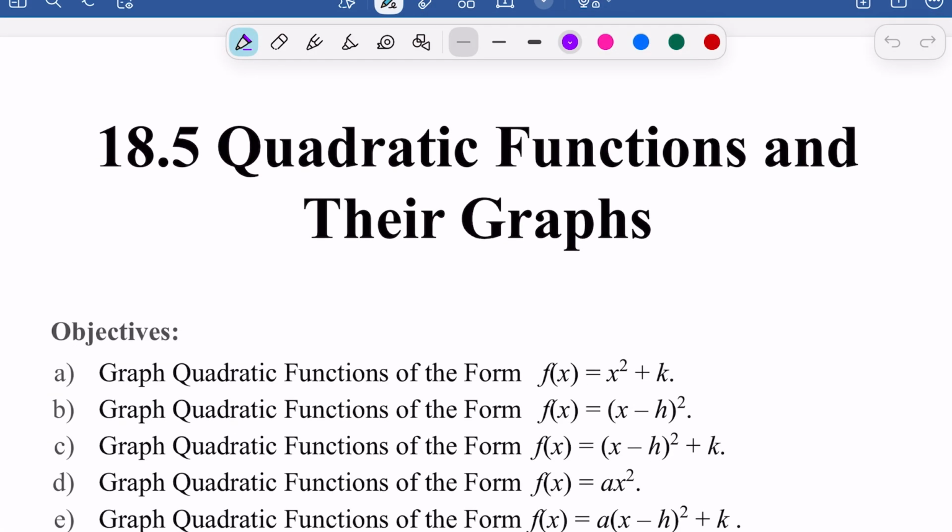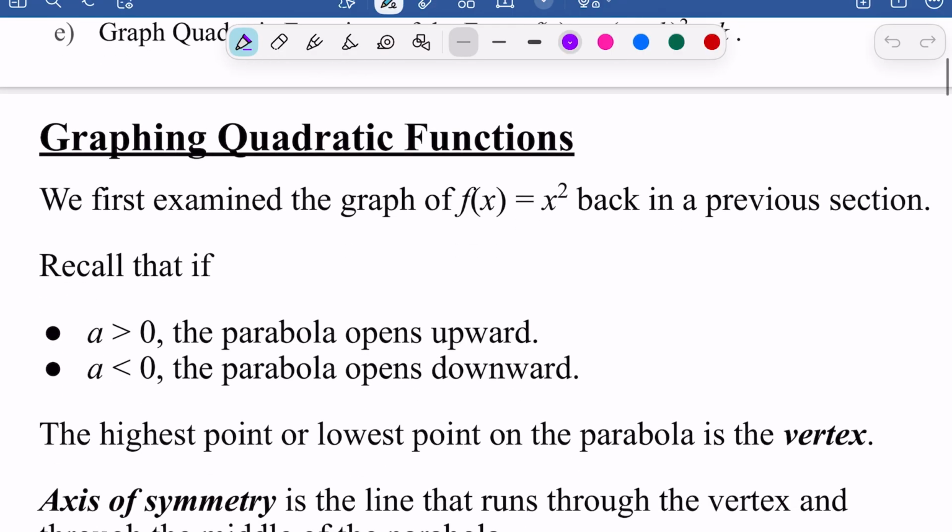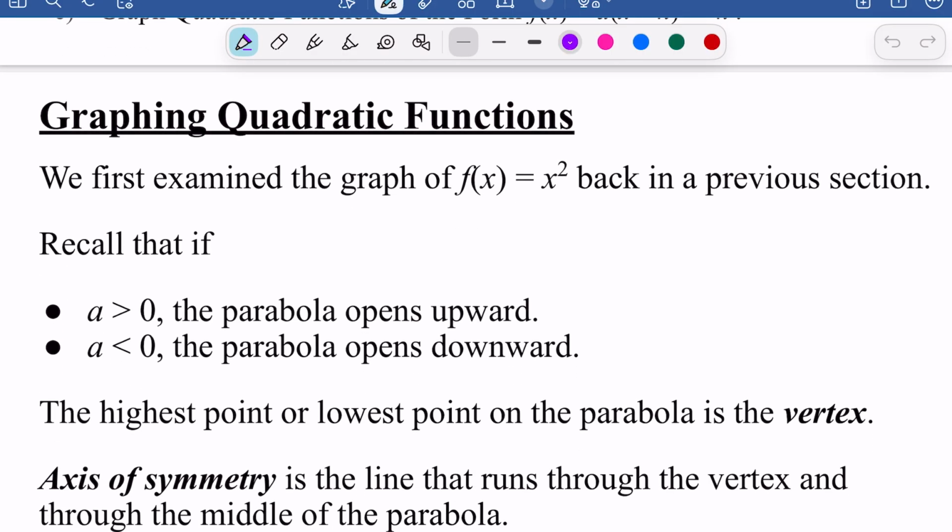In this lesson, we're going to look at quadratic functions and their graphs. So we're going to look at graphing quadratic functions in a few different forms. The first thing we want to look at is examining the graph of x squared when a few things change. We've looked at graphing x squared, or f of x equals x squared, in a